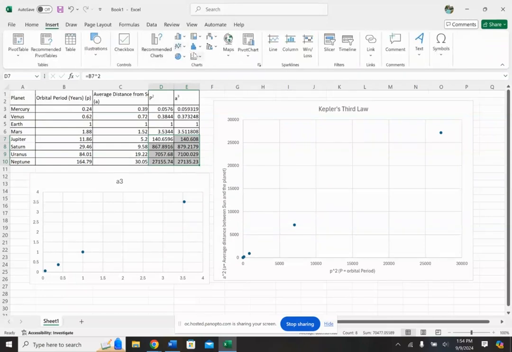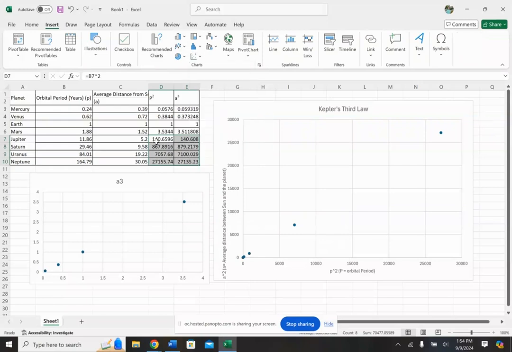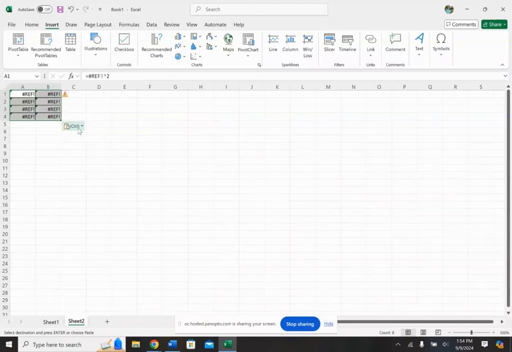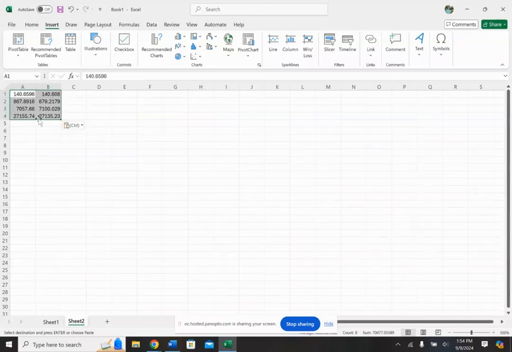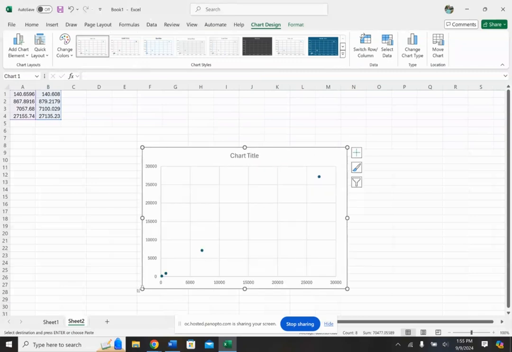Go back here. If it's not allowing, then I have another way. I can simply select these 4 points here. Control C, Control V, and just put it as a number here, and then select these 4 points and come back here. Insert. Okay, so now these are the last 4 points. 1, 2, 3, 4. Okay, so that's how you plot the